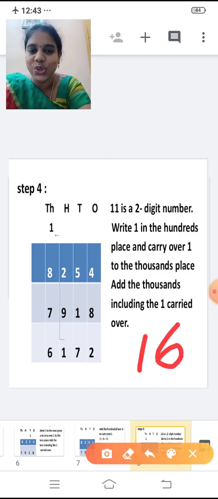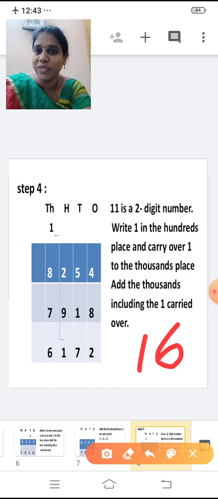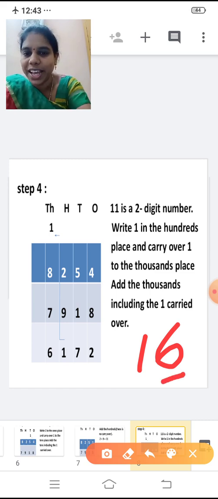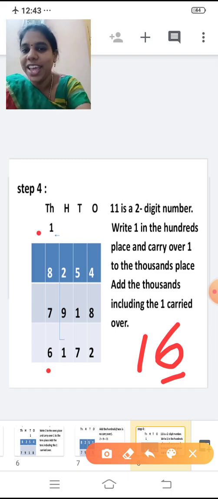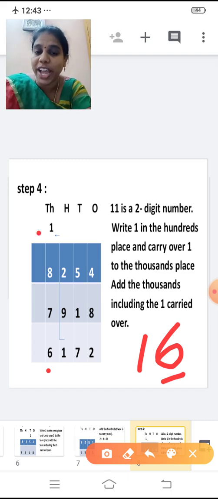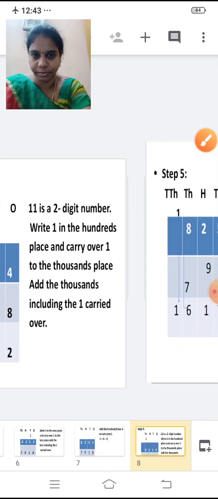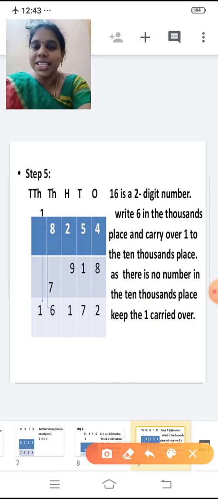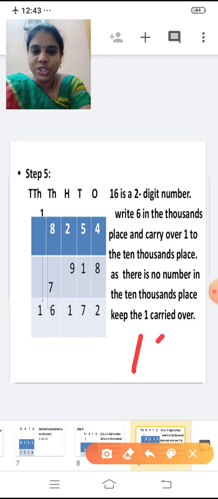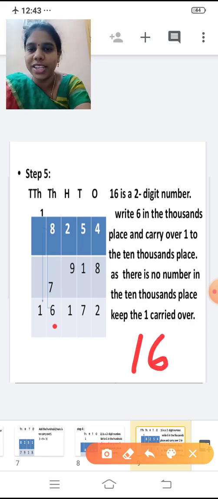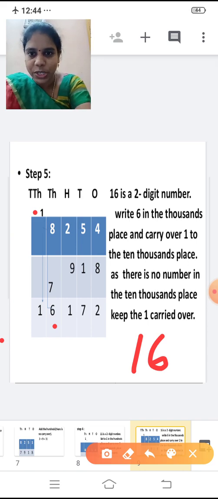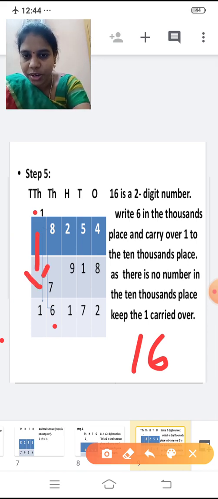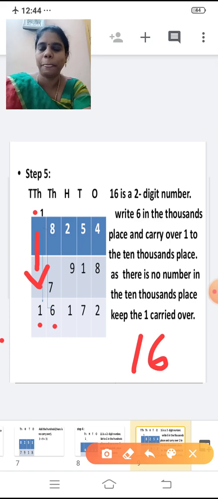So again it is a 2-digit number, right? So what do we have to do? Write 6 alone in the thousands place, and 1 you have to carry forward to the next place. See, 16 is a 2-digit number, right? So that's 6 I have written here, and 1 is carried forward to the 10,000 place now. So there is no number to add. So bring down that number. So write 1 here. So the answer is